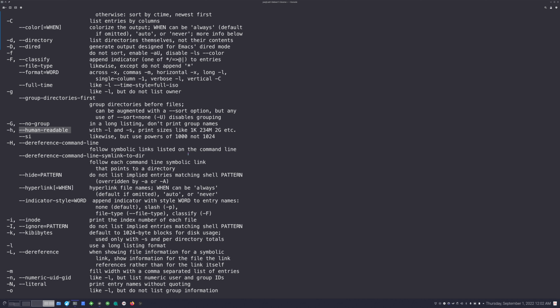What's the difference then? Well, ostensibly there is no difference. Really the difference is in the use cases, right? If I'm just at the shell, or at the terminal, I'm not going to want to type human-readable every single time I do my ls command if I just want the output to be prettier. Instead, I want to type -h because it's much shorter. So once I learn that -h is for human readable, you can bet that I'm going to be using -h instead of --human-readable every time. So why then would you have this monstrosity?